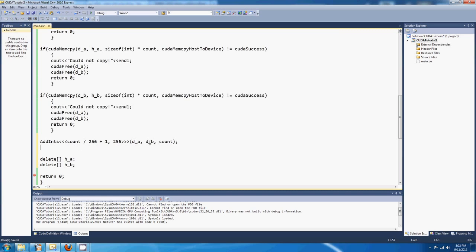D_A, D_B, and count. Okay, so that's my launch configuration just there. Those are the 3 arguments I'm passing, and after we've done that, we want also to